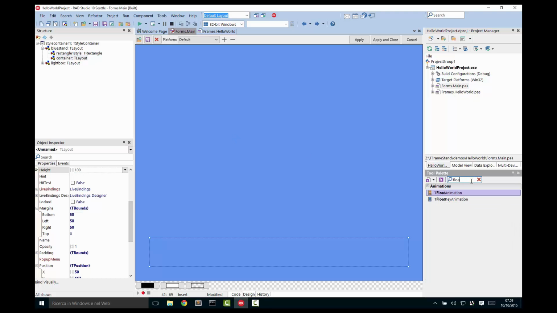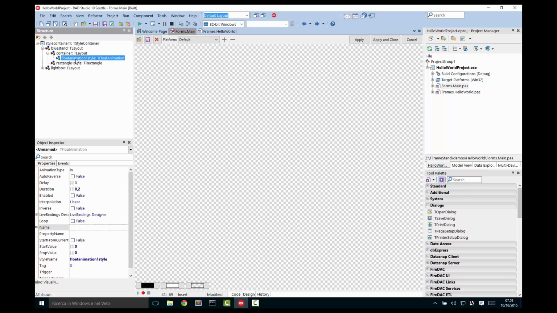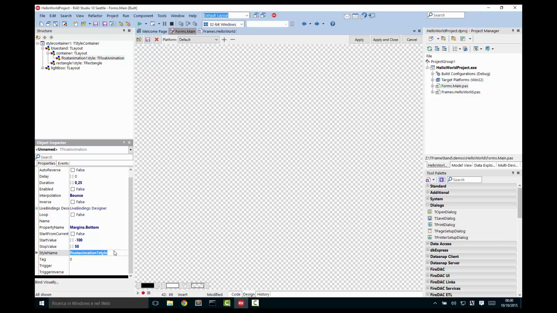So I can add a float animation to my container. I want to animate the margin bottom property from, let's say, minus 100 to 50, in a quarter of a second with a bounce interpolation in and out, and I have to honor the naming convention. I will call it on show slide in, and this would be enough,